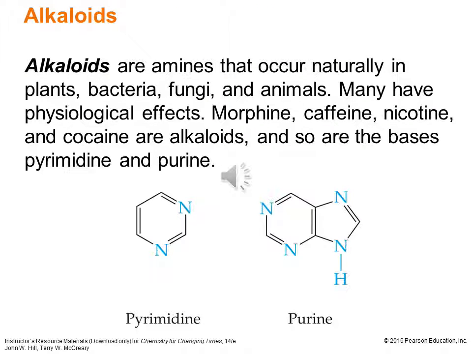So if we think about our amines, where nitrogen is the heteroatom, we can have alkaloids, which are naturally occurring amines. And many of them have physiological effects, and sometimes they're heteroatoms in a cycle. So pyrimidines have that nitrogen alternating double single bond, with nitrogen as two of the members in the 6 ring, so 4 carbon atoms and 2 nitrogen atoms. The nitrogens are spaced by 1 carbon on the one side and spaced by 3 carbons on the other side,